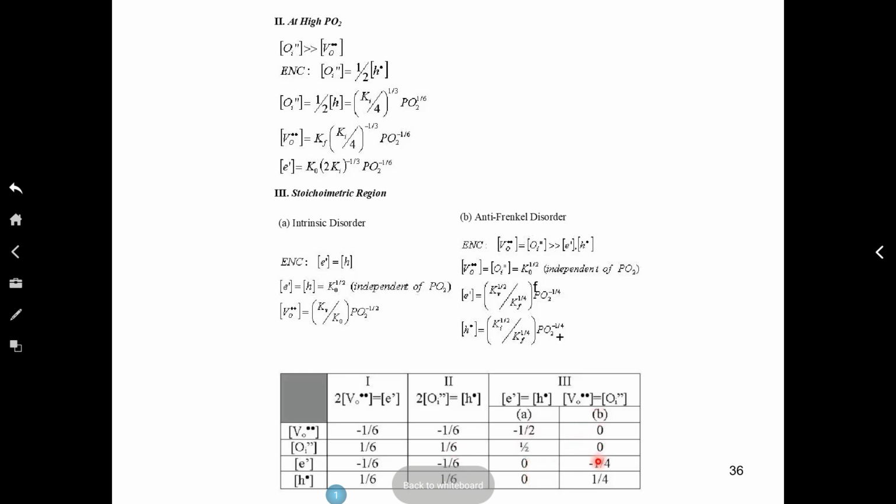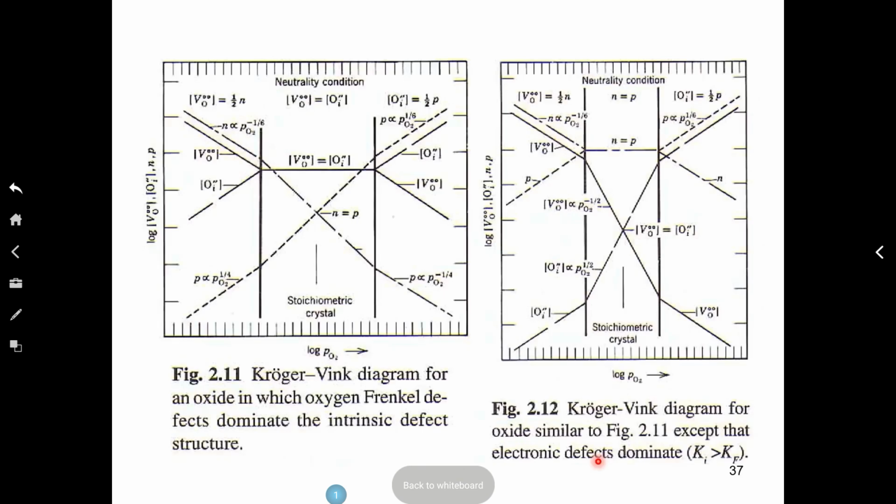And then you can, if you know the equilibrium constant, how do you find out the equilibrium constant? The thermodynamic calculation. You have to know the delta G naught of the reaction. So that is given to you, you can calculate the equilibrium constant. So then you can construct the phase diagram. So this is the phase diagram